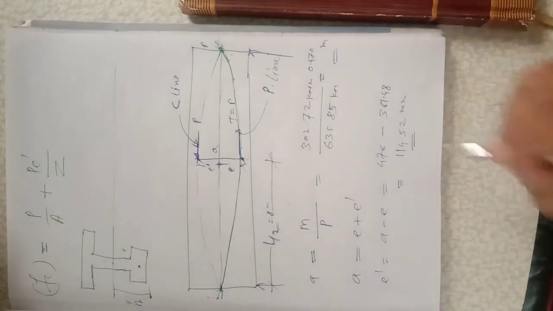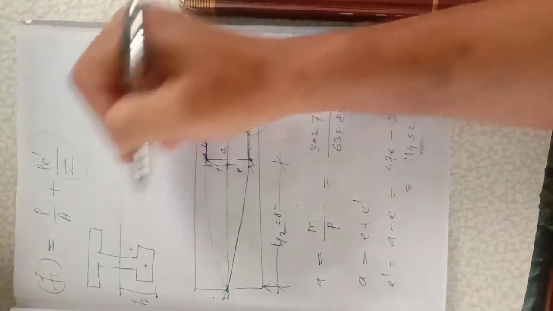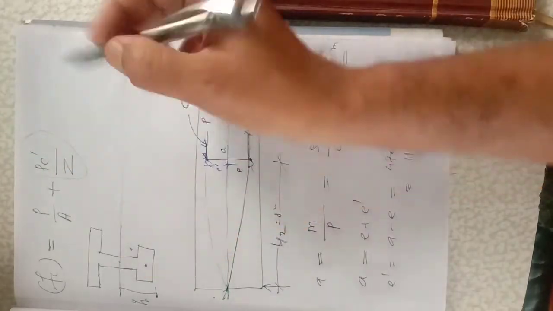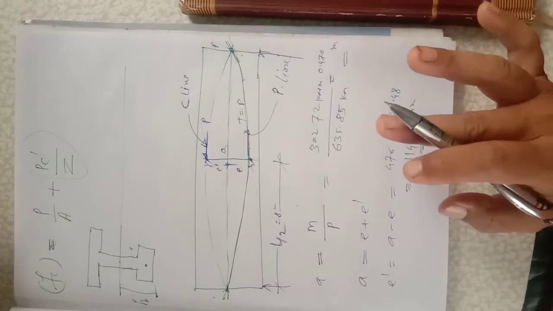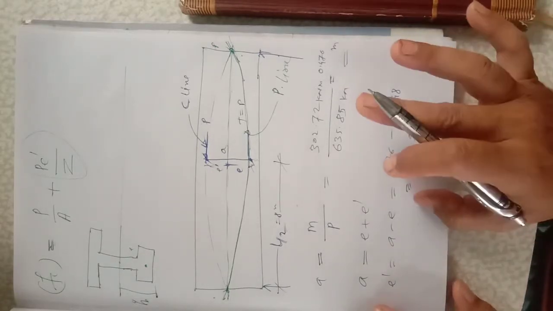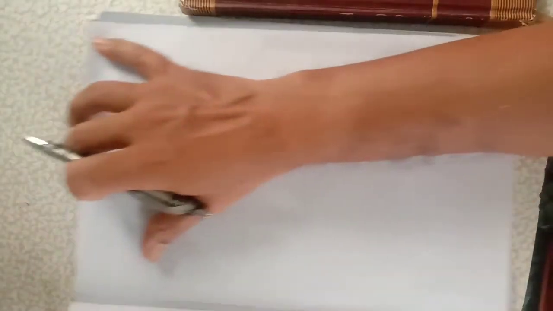Okay, and from this we can find out this value. P multiplied by E dash divided by Z, that gives the moment due to the compressive force, and P by A we know, and we get the resultant stress at the top and bottom using the second concept, that is the strain concept. Now third concept, ये आपको निकालना है.